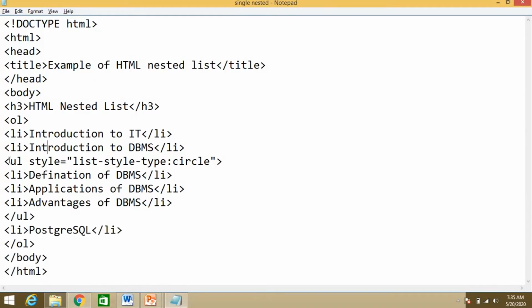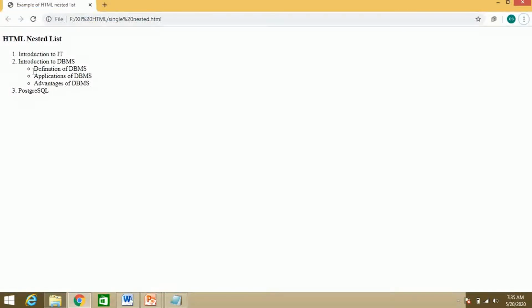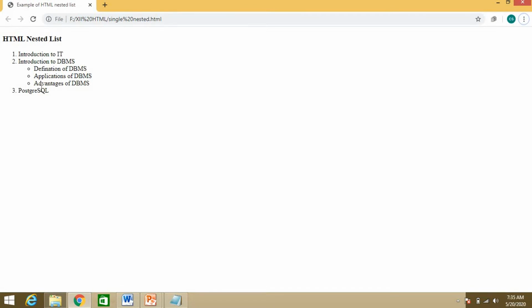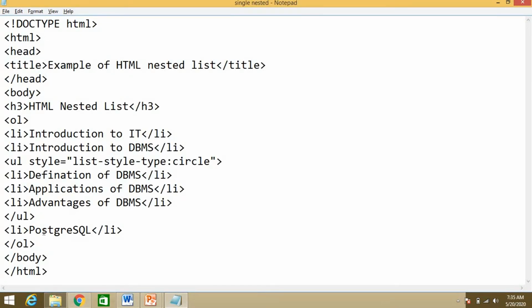After that you have used the UL tag with type circle, so it appears as circles: definition of DBMS, applications and advantages, three things you have written. And after that PostgreSQL is part of the OL tag. So this is single level. You may have a list within a list.